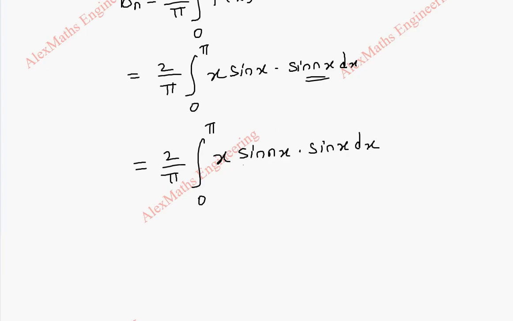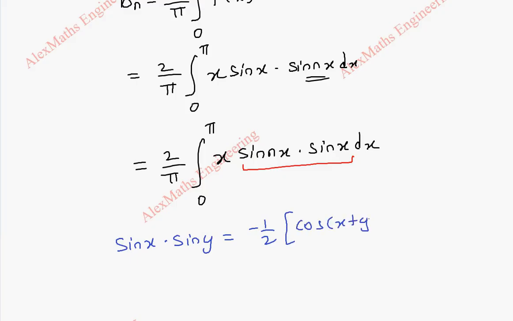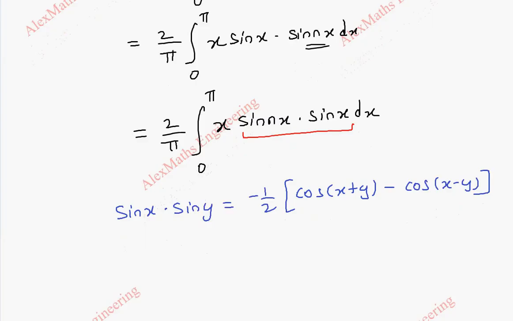Now we are going to apply a formula for this. We have a basic trigonometric formula. When we have sine x into sine y, this becomes minus 1 by 2 cos of sum of the angle, which is x plus y, minus cos of difference of the angle, which is x minus y. Now this becomes